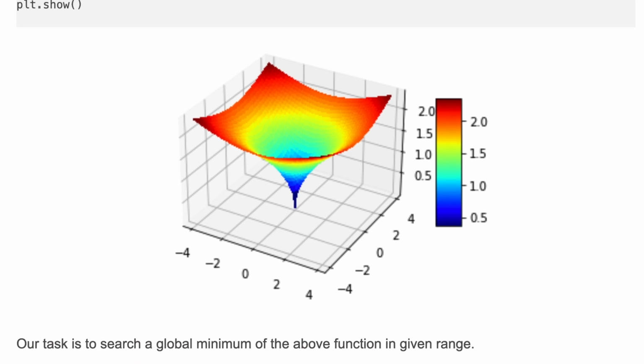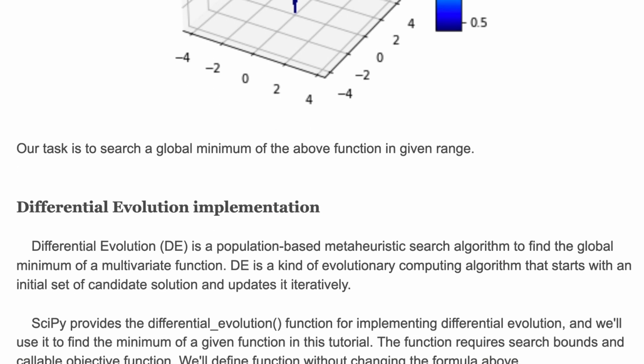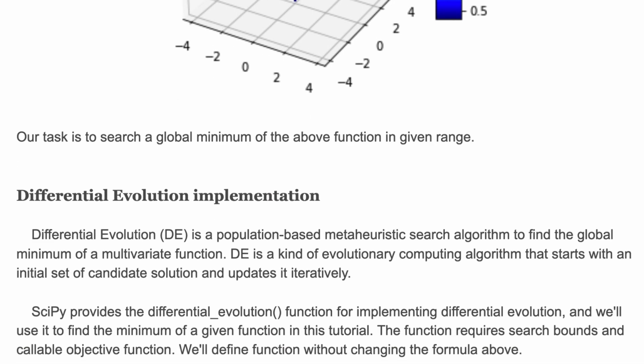Our task is to search for a global minimum of the above function in a given range. Differential evolution is a population-based meta-heuristic search algorithm to find the global minimum of a multivariate function. It's a kind of evolutionary computing algorithm that starts with an initial set of candidate solutions and updates it iteratively. SciPy provides a differential evolution function for implementing differential evolution, and we'll use it to find the minimum of a given